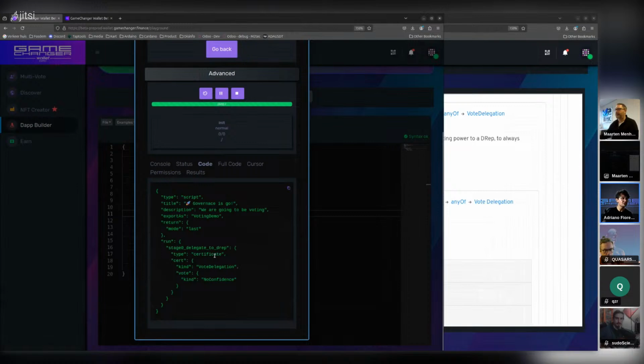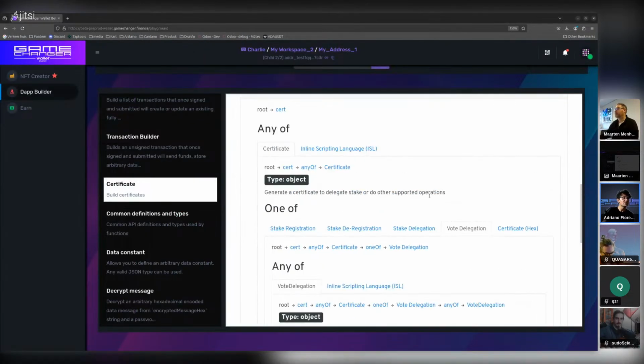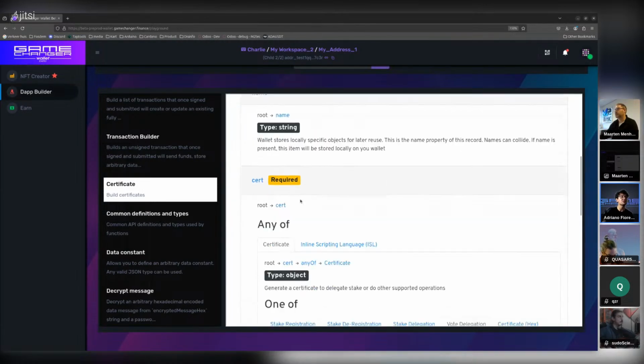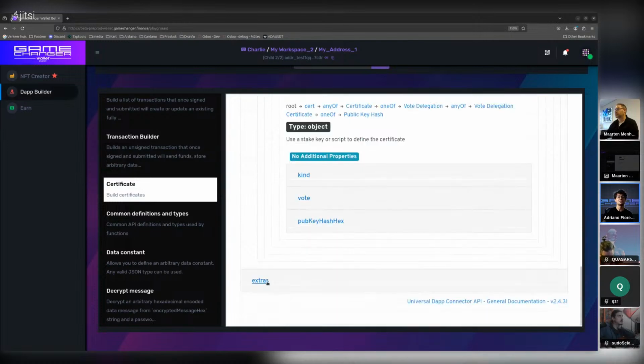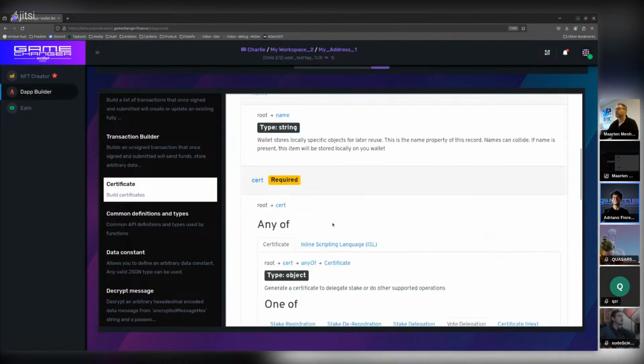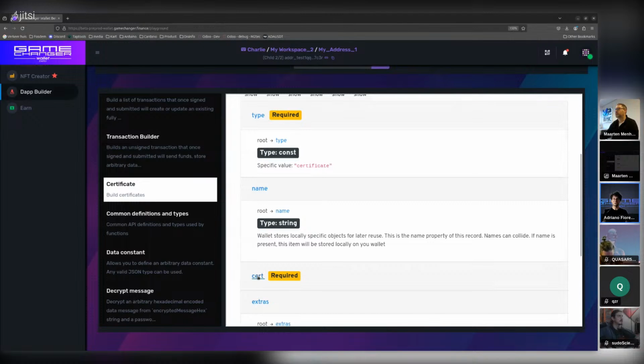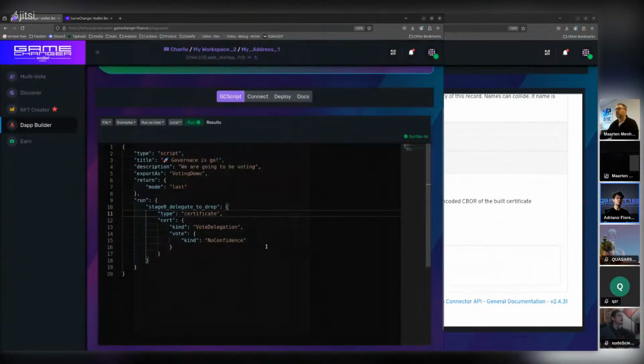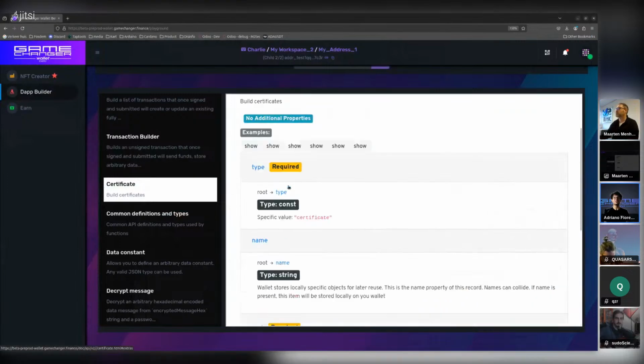Maybe we do need the pub key hash or something. Type certificate. Let me see. Did you pass your key hash? Extras. Did you pass? No, I did not solve that. That's probably wrong. I forgot to insist on that. Remember, there are two key hashes involved: yours and the other one. Yeah, that's the issue. Most likely. So I do need the pub key hash. Yeah, I told you. You need your key hash